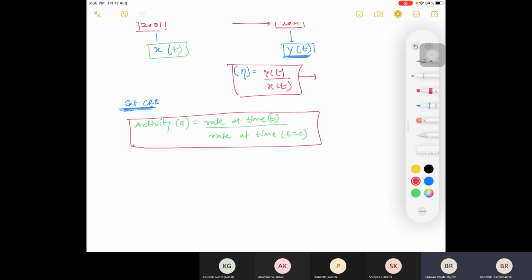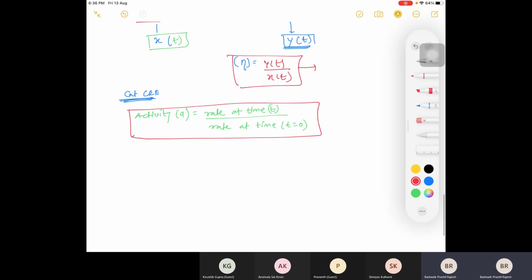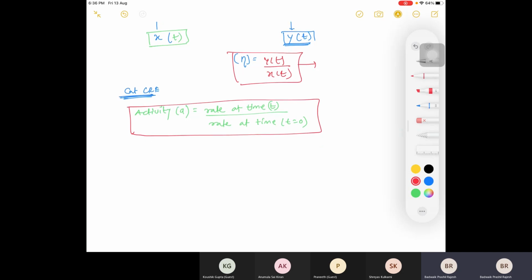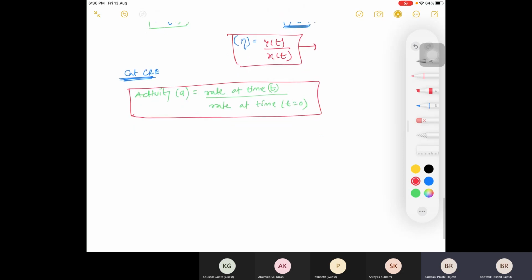Initially, what was the activity of the catalyst, and what is the catalyst activity at this time, and based on that your rate will change, right? Because a catalyst is the one that changes the rate. If the catalyst is more active, it will do the reaction in very little time, or finish the reaction earlier as compared to when the catalyst is deactivated, right?